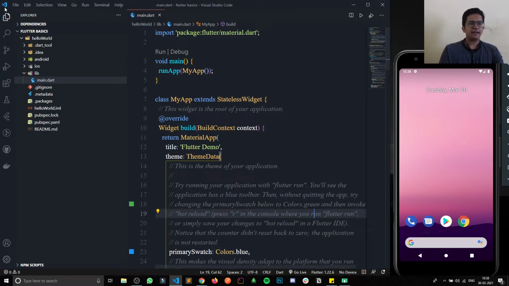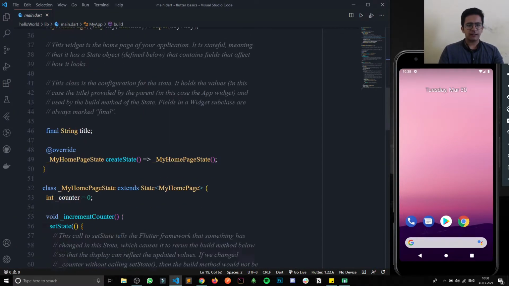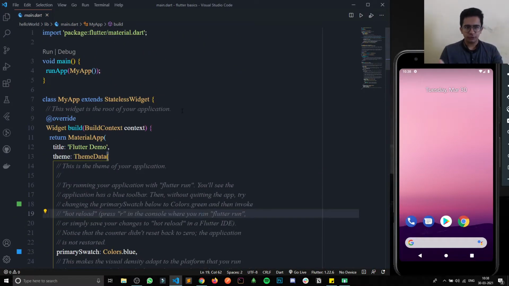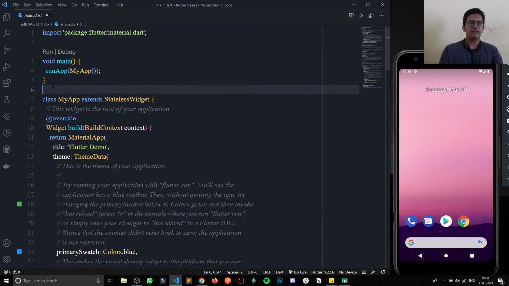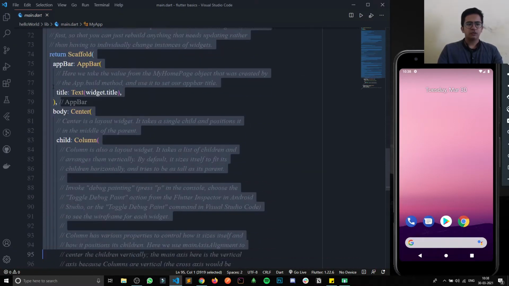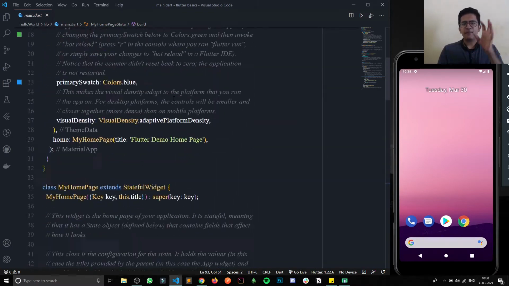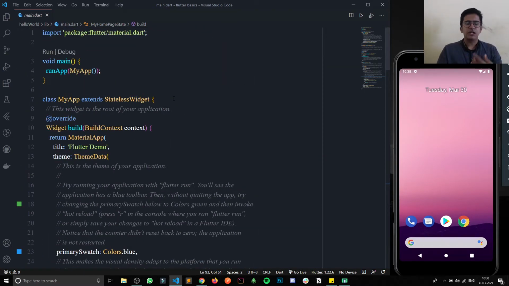Let's ignore that for a moment, and let me introduce you to the Flutter bare minimum code. This is the basic code Flutter gives us. Let's try running it and see what it already has.